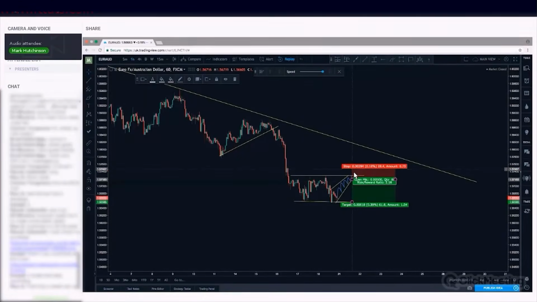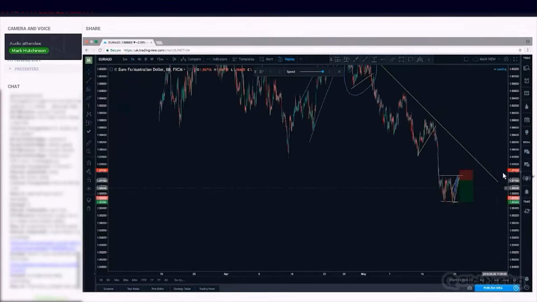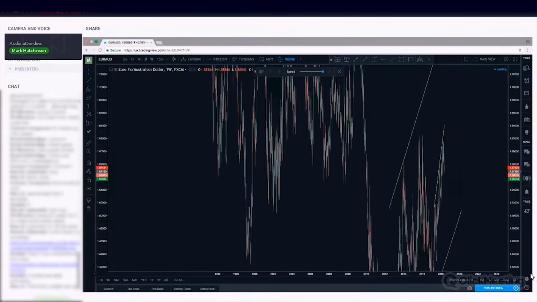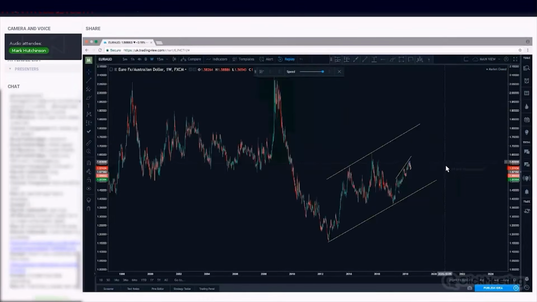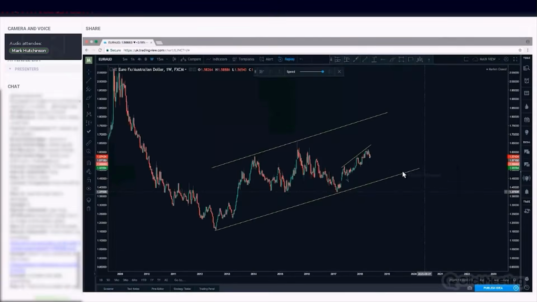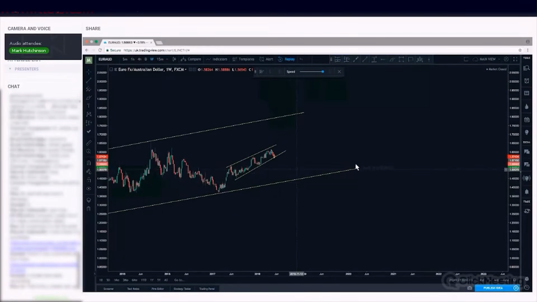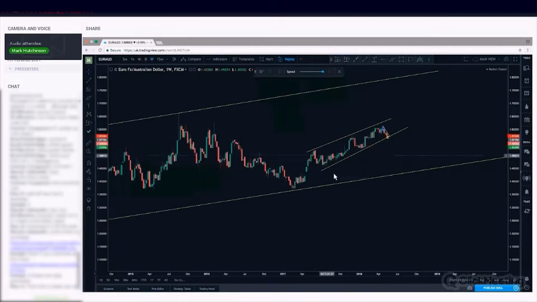A nice corrective nature at the top, 20 to 30 pip stop, risk entry. Target is 2% to here, but I'm not actually targeting that. I'm targeting this. I'm anticipating this could be the break. So if this is the break here, like this, take a look at that in a bit more detail. So if this is actually the break,